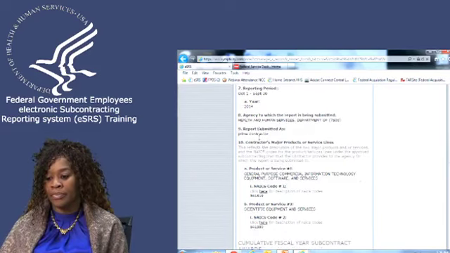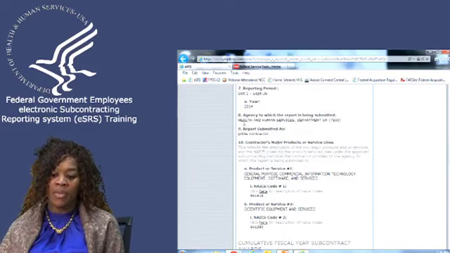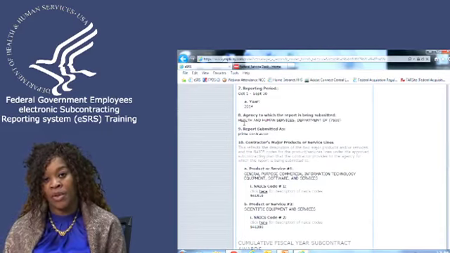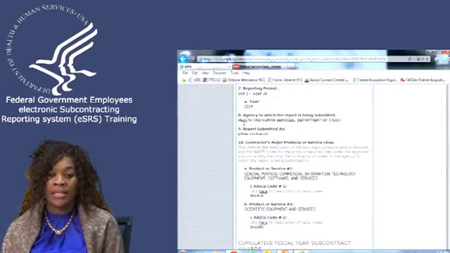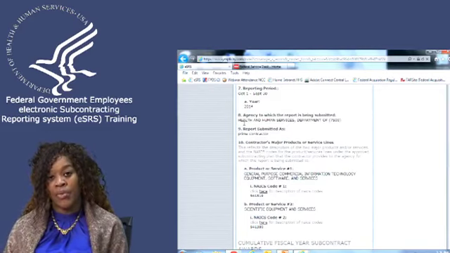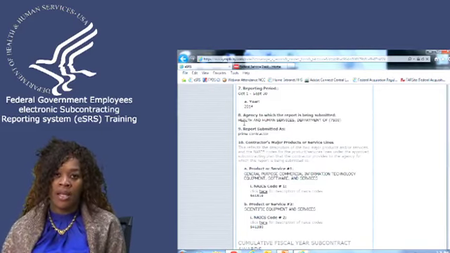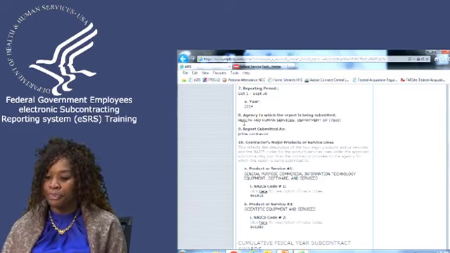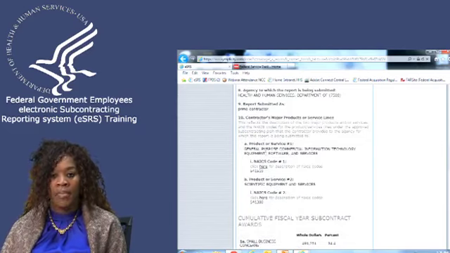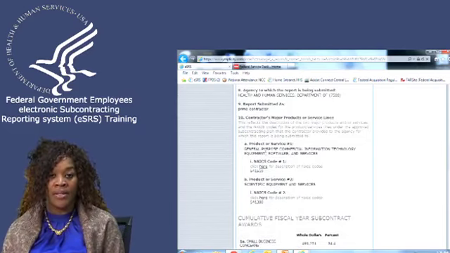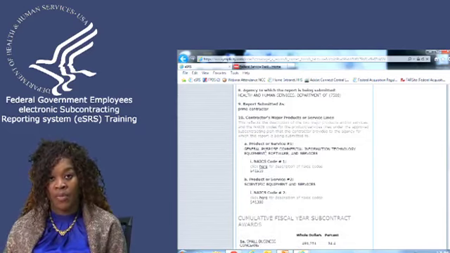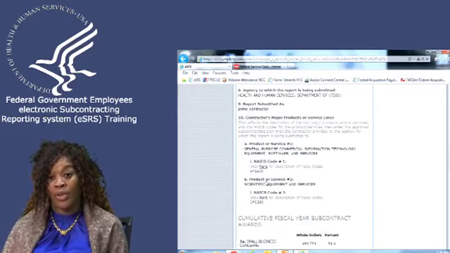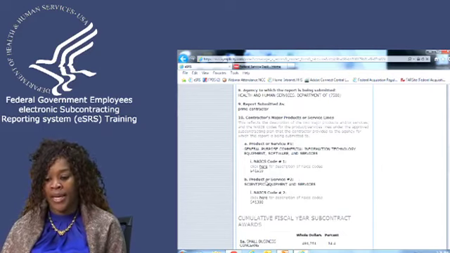Okay. The agency that they're submitting their report to is automatically fed from FPDS-NG, which is the Federal Procurement Data System. They do not select that. Whatever agency awarded the contract is automatically pre-populated in this particular area of the report. Again, they must put in their major products and services that's on that subcontracting report, and you want to make sure this matches what's on that report to ensure that they're reporting on the proper data.